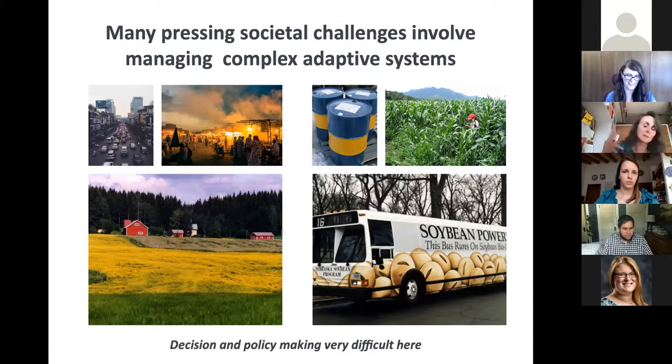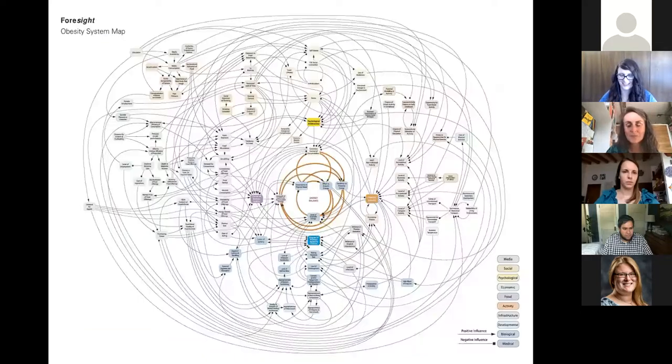We've got ecosystems, economies, societies, systems, you know, interconnections between all of these things. And I think we all know that these are characterized by unexpected indirect effects, emergent properties, adapting and changing systems that change the rules of the game as you play it. So it's very difficult to make decisions about how to intervene with these systems in a way that's going to have the outcomes that we want. It's difficult for policy. And we're kind of thinking, well, we know something about complex adaptive systems, so maybe we could help here.